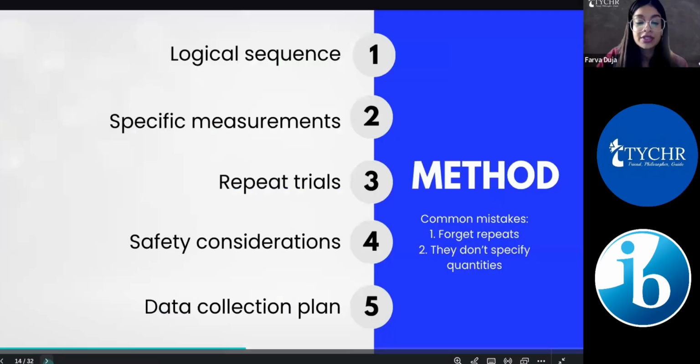So let us move on. Method, I don't really have a lot to explain. The only thing is, whenever you write your method, obviously, it has to follow a logical sequence. The thing you shouldn't forget is, please do not forget at the end, last step, to repeat the trials 3 times or 5 times or whatever, and also write what are the safety considerations that you have to